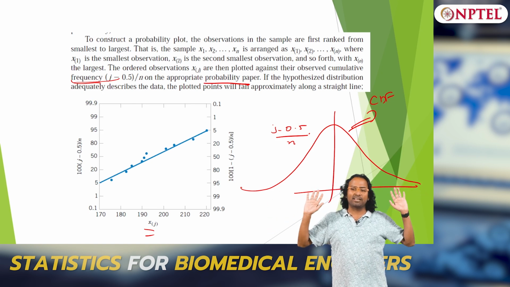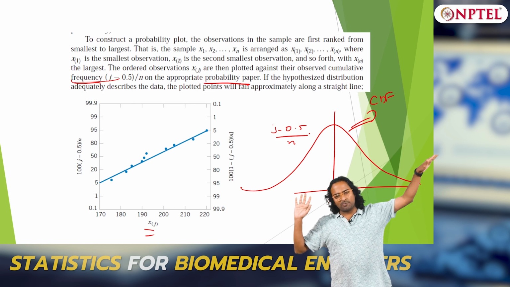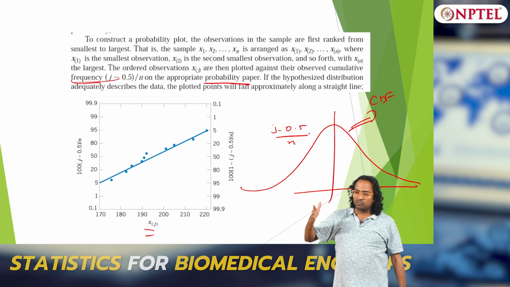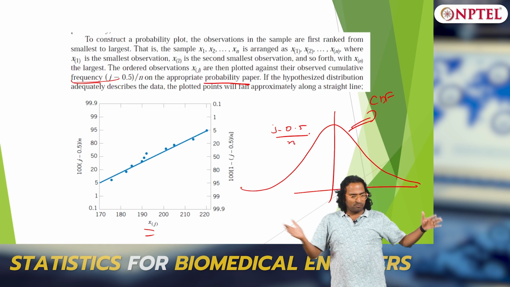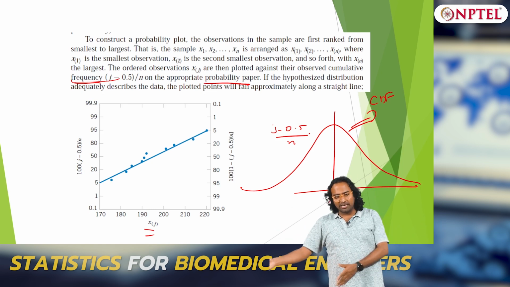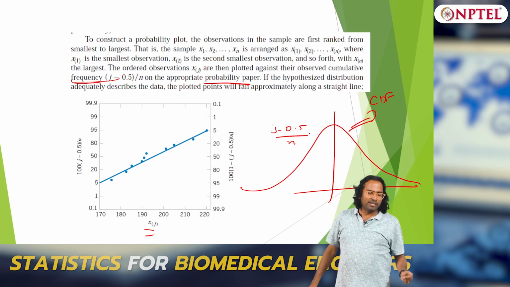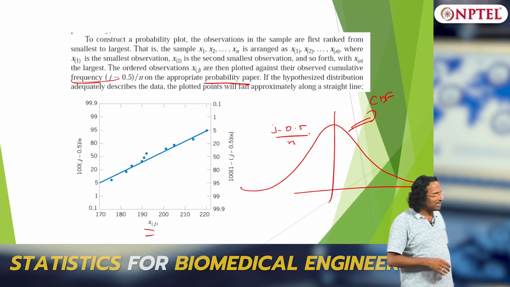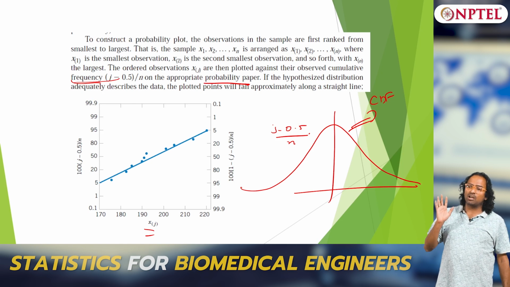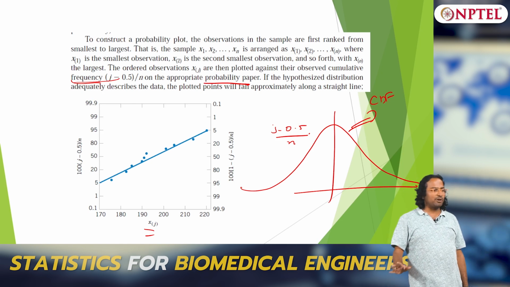The idea is comparing the cumulative distribution values. How much percentage is below 25, how much is below 50, how much is below 75, how much is below 100. So you keep plotting that in the probability paper, and if it matches that of the standard normal, it will turn out to be a linear line. That will tell you whether the distribution is normal or not normal. This is your normal probability plot.